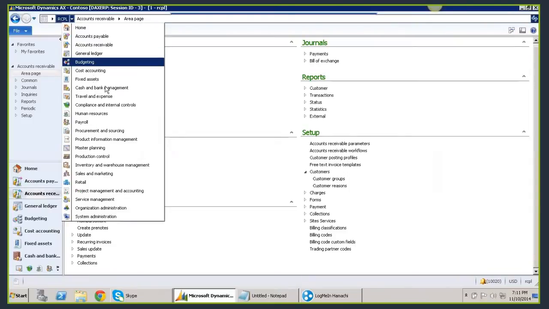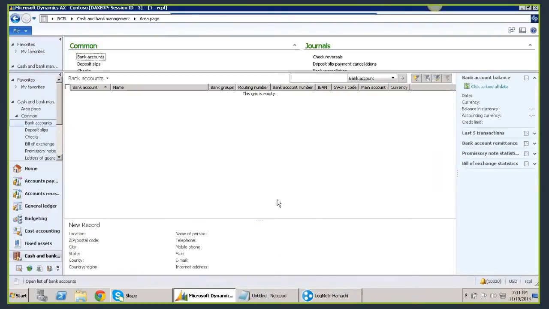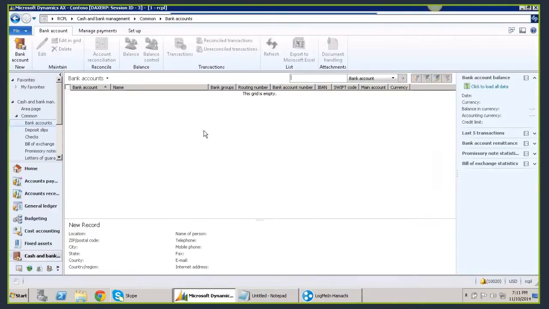We go to cash and bank management, go to common, and click on these bank accounts. If you remember, we have created few bank ledger accounts. In this bank, we are not going to create any group and assign only single ledger account basing on the group of banks.